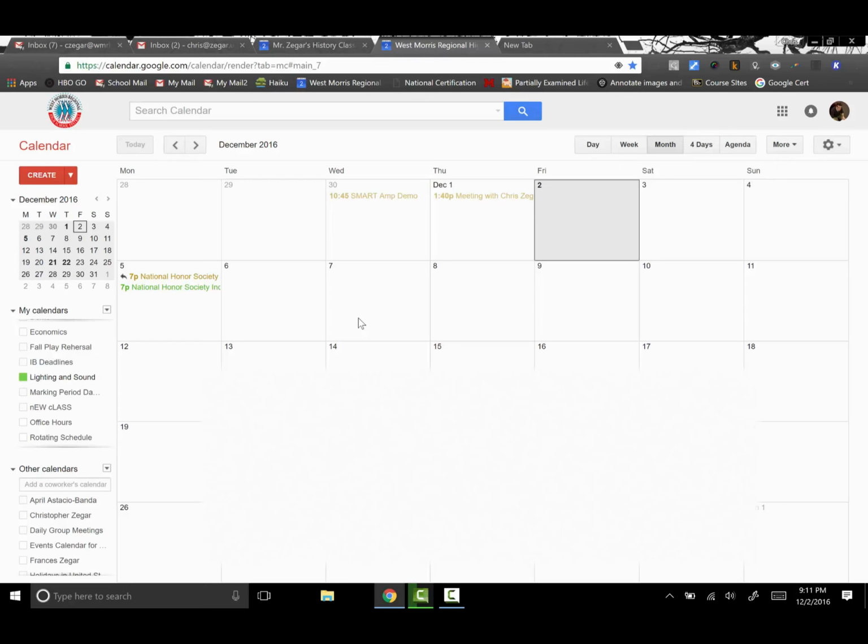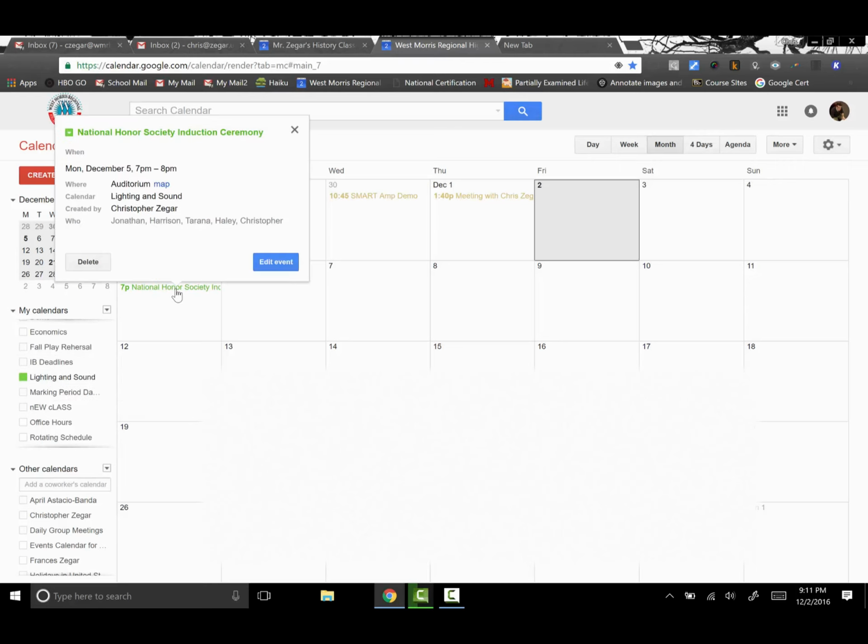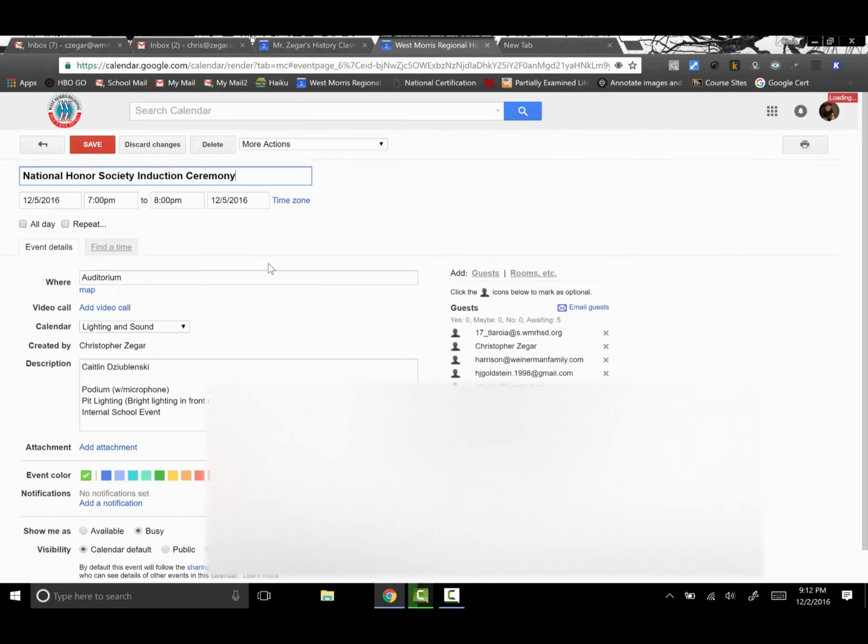The other thing that's important is that once you've shared a calendar with somebody and they accept it, if you want to put an event in the calendar and you want to find out if they're busy or not, if they use their calendar, you can actually go in when you are creating an event. So let me just do this here. Let's look at this National Honor Society, and I can edit this event. And what I'm able to do, because of the people that I've shared it with, and I have their calendars,